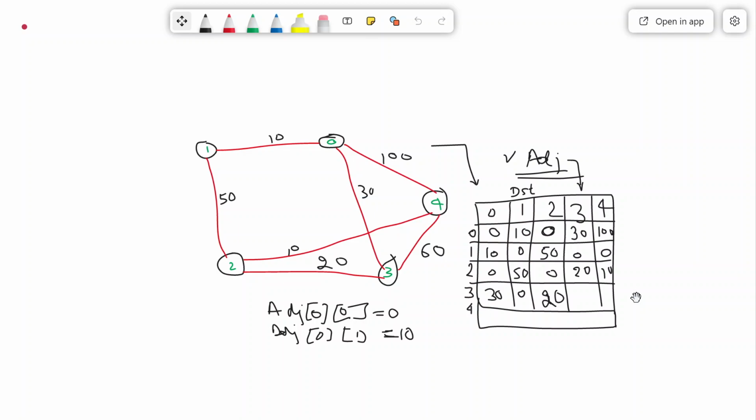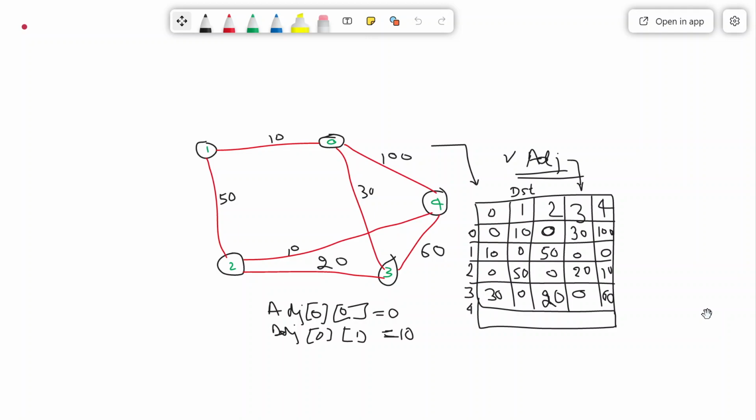Now coming to 3, 3 to 3, 0. 3 to 4, yes, it is 60.